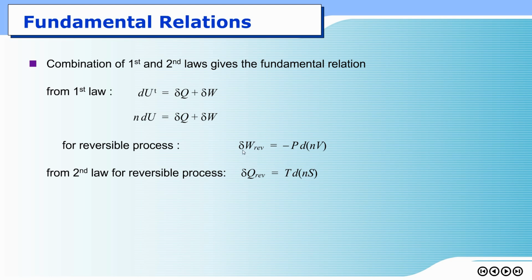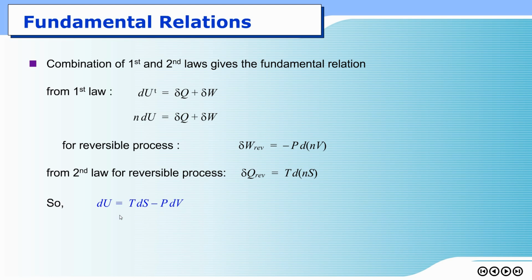So if we replace W and Q into the first law and take N out of the differentiation from the right hand side, the number of moles within the system from the left hand side and right hand side can be cancelled out. You will end up with this equation. If you notice this blue equation,